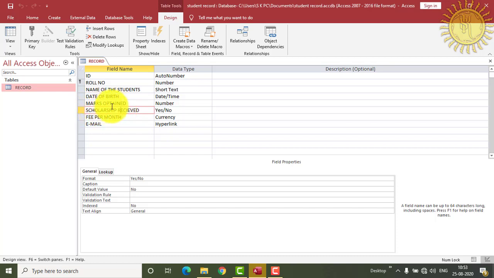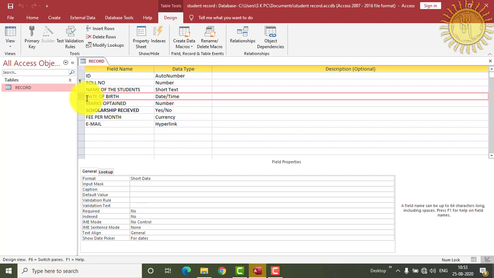For that you have to click on any of the field which you want to move. Suppose we want to move this date of birth above this name of the students. So we will click here in date of birth and release the mouse. Okay, just after clicking on this date of birth, we will leave the mouse. Okay, then again we will select this, and now you can see this black dark line. Now we will move this to the upward.